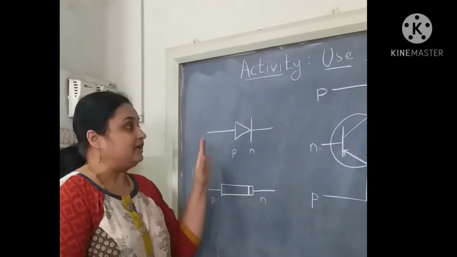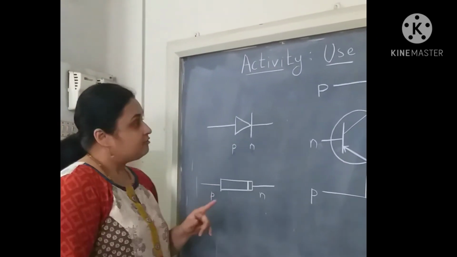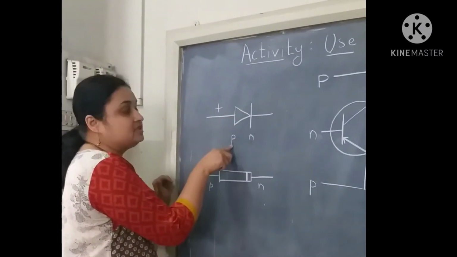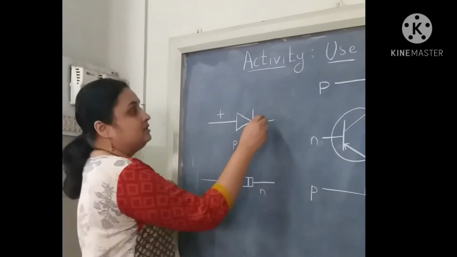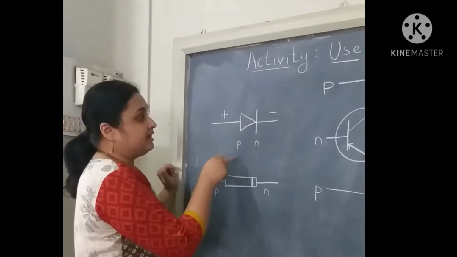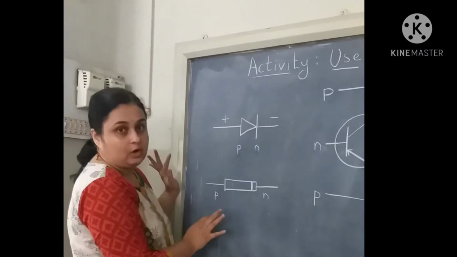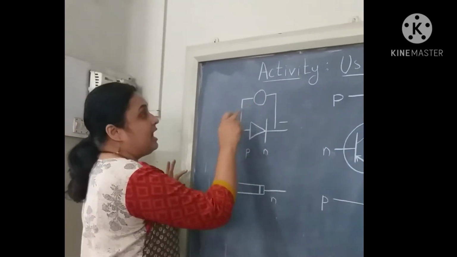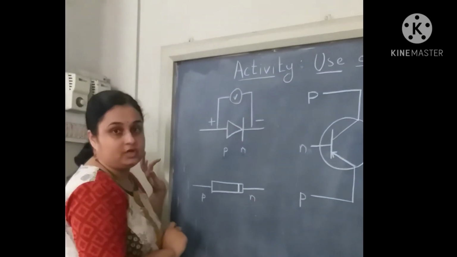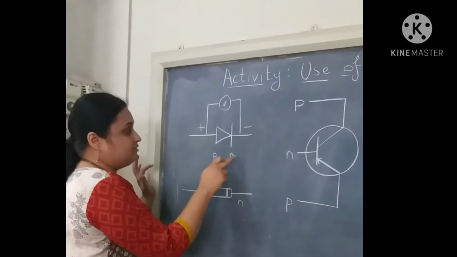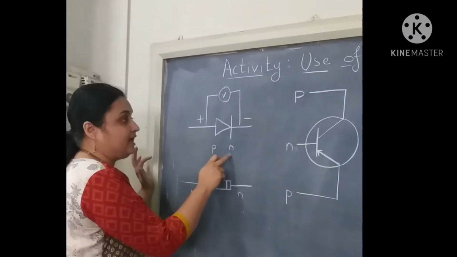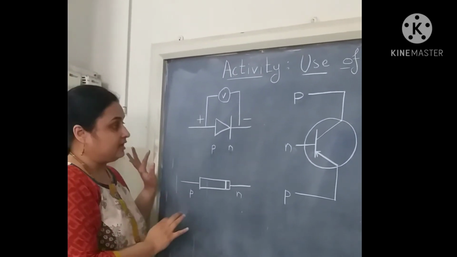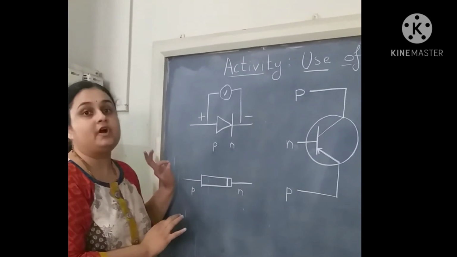Now we can use this diode in two ways. First way is when we connect this positive or this triangle, this P part, to positive and N to negative. When the diode is connected like this, we are going to get an output. If I connect a voltmeter over here, I check the voltage over here, I will get some voltage. In such a situation where P is connected to positive and N is connected to negative, the diode is conducting. We say that the diode will conduct, and this case is called the forward bias condition.